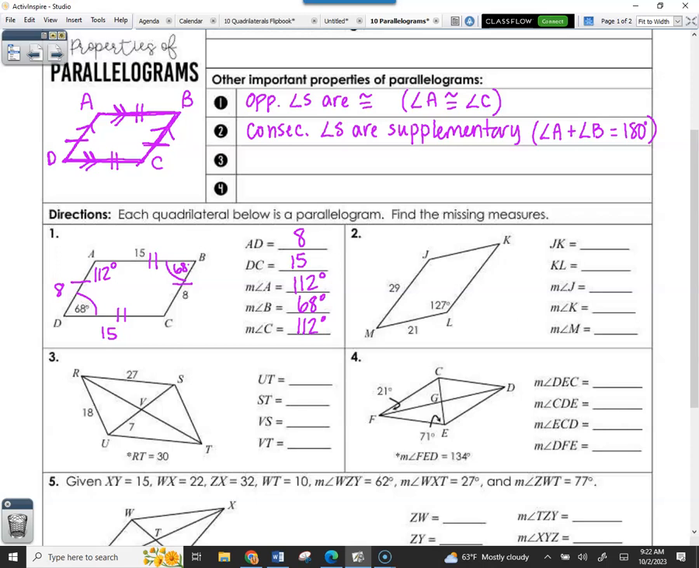Your homework assignment, your practice assignment is the parallelograms. Yeah, I want you to get the front done. I want the front done, okay? You with me? Just the front. You can go to the back if you want, but the front's what I'm looking